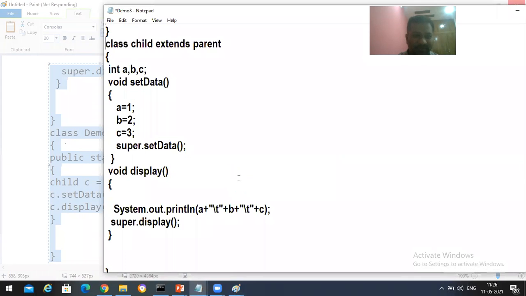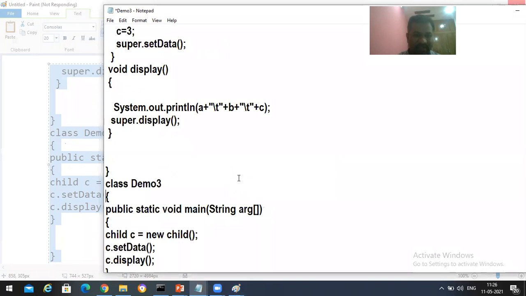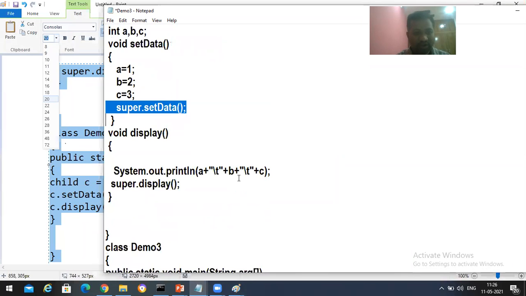So a total of 6 variables will come into this display method, sorry, in the child class. Now when I'm going to call super dot display,